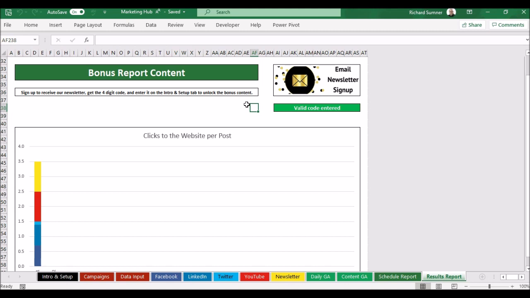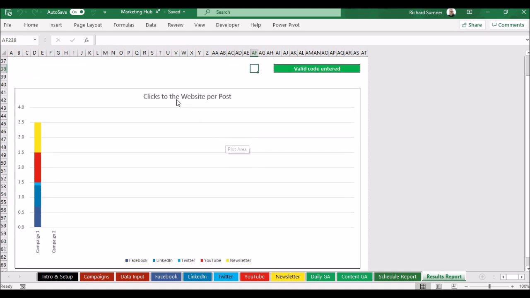Once you've got it, put the code in, and boom, this stuff will all populate. Here you've got clicks to the website per post. So this is clicks per post. So you can see we're talking about Twitter. We had loads of posts, but very, very few clicks. Now, obviously, this isn't accurate data because I've just changed the query strings to see it, but that's what that